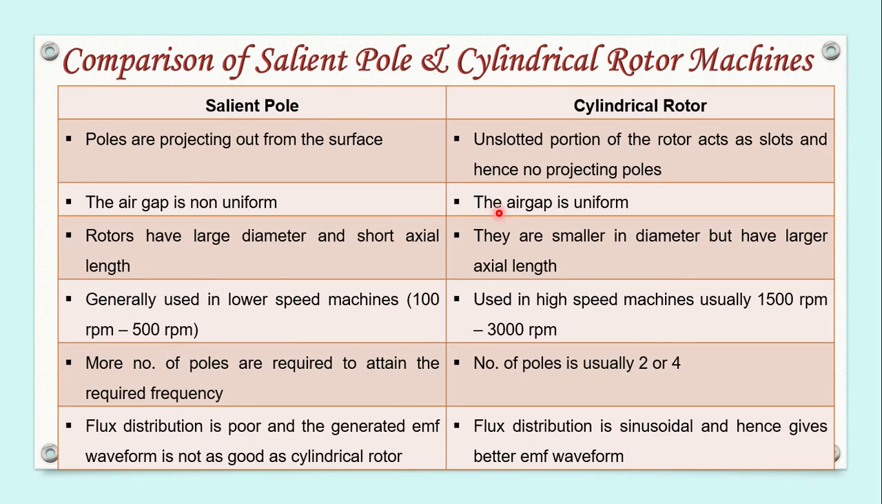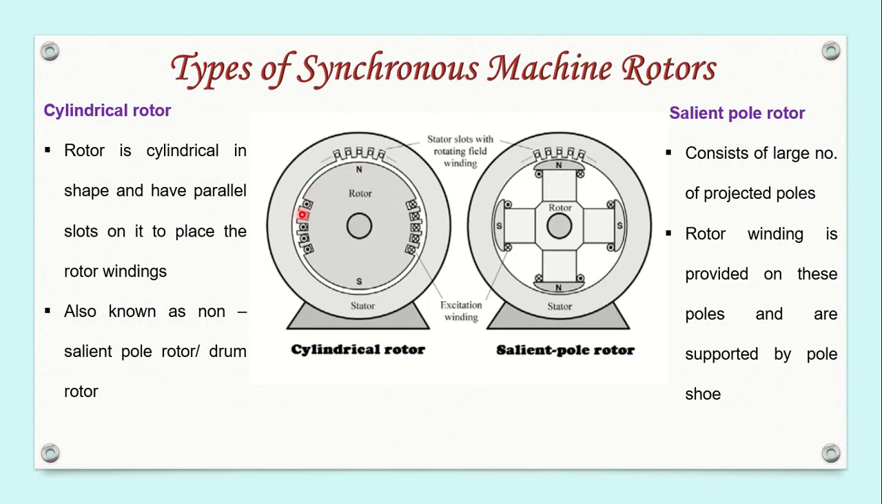Now moving on to the comparison of salient pole and cylindrical rotor machines. This is a previous year university question: compare salient pole and cylindrical type rotor construction of synchronous machines. First is the definition itself. In case of salient pole machines, there are poles projecting out from the surface. But in case of cylindrical rotor machines, they do not have projecting poles. We have seen it here: there are slots in the rotor which accommodate the rotor winding,